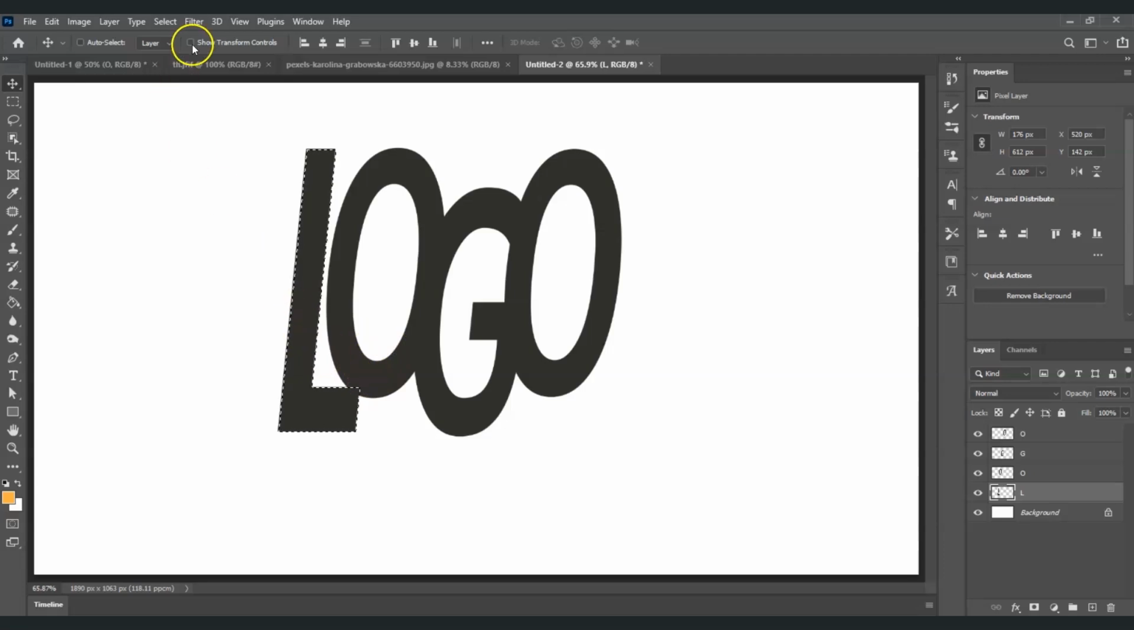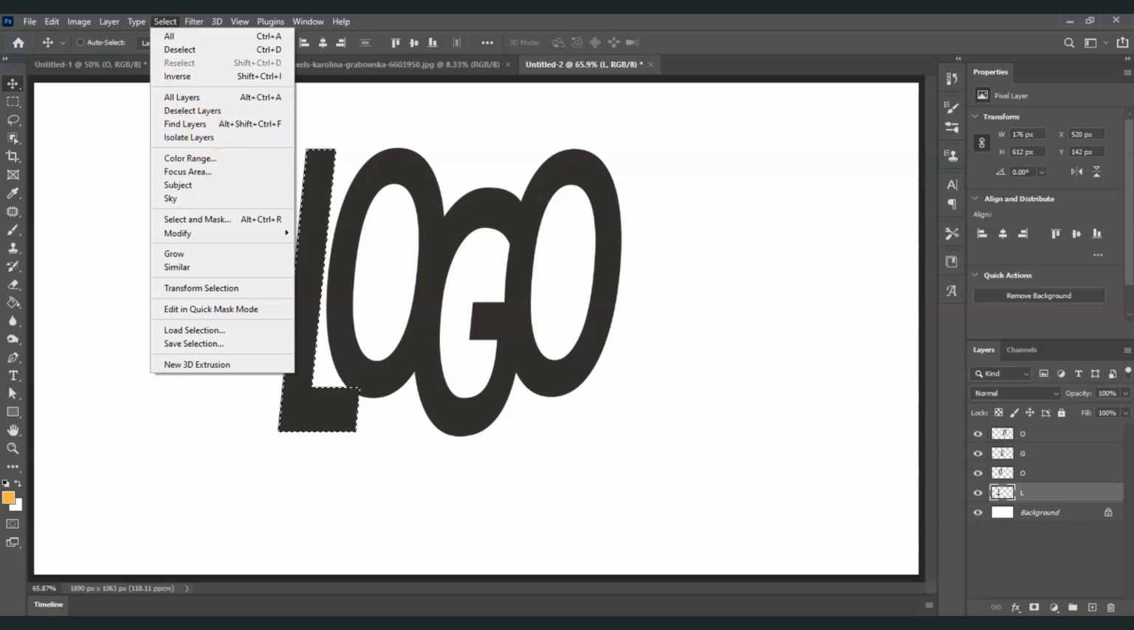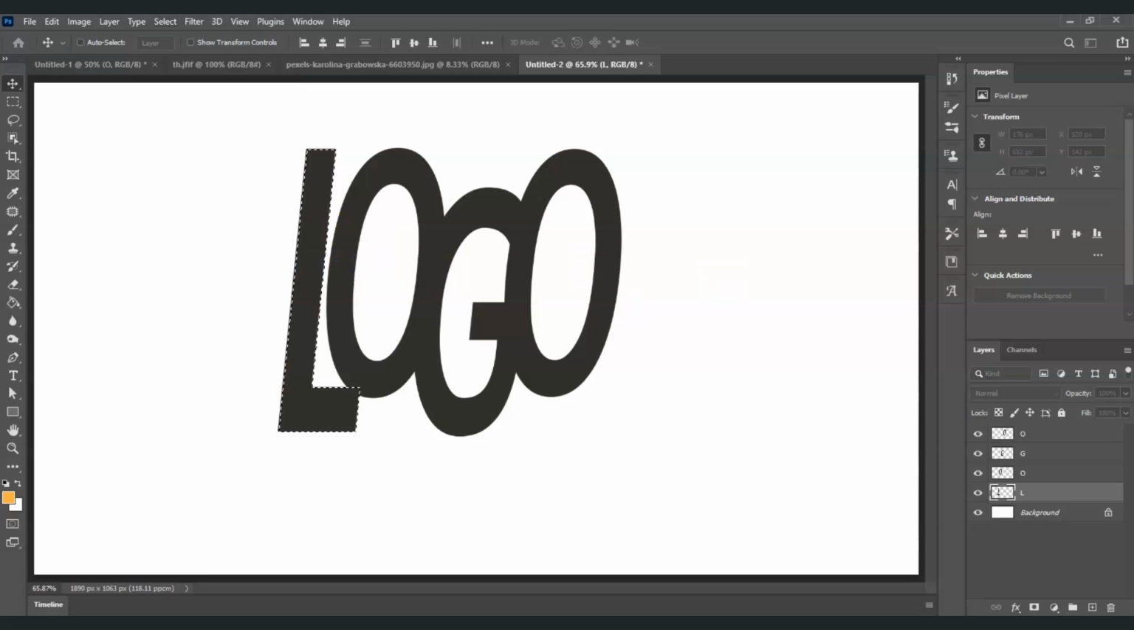And after that, I'm going to the menu bar, click on Select, go to Modify, and then choose Expand. I'm going to expand the selection by 10 pixels, and then select OK. All right, so once I already have the selection, I'm going to click on the letter